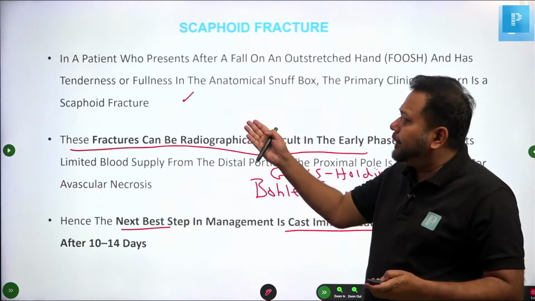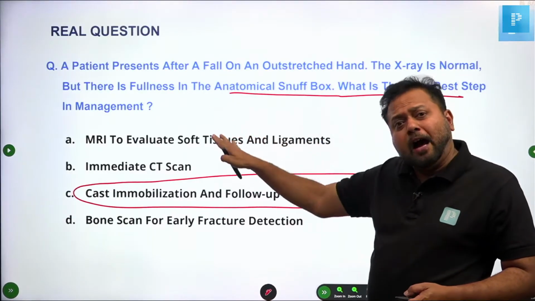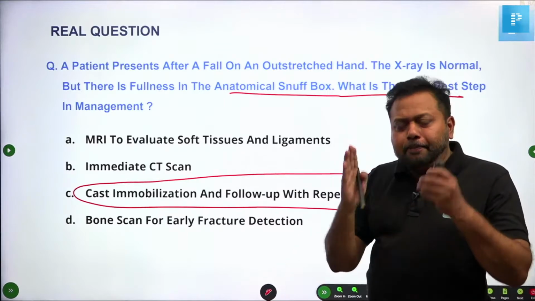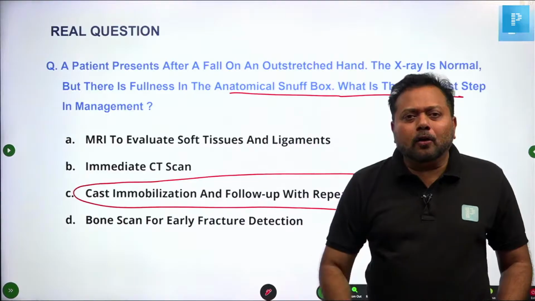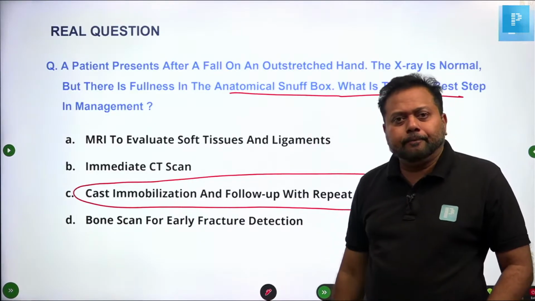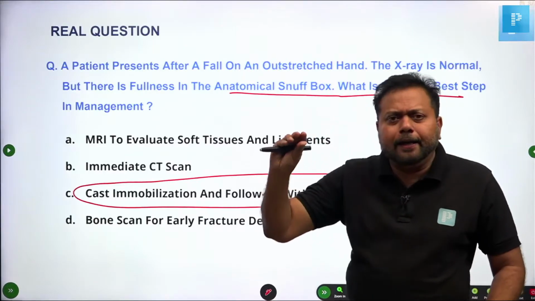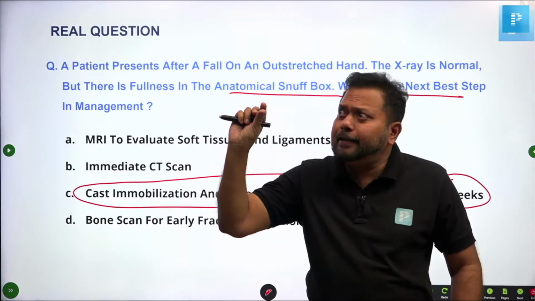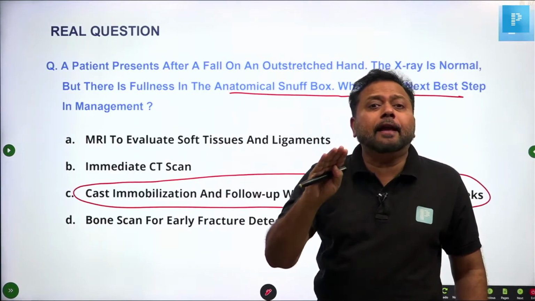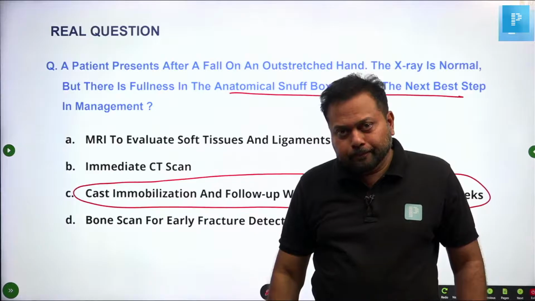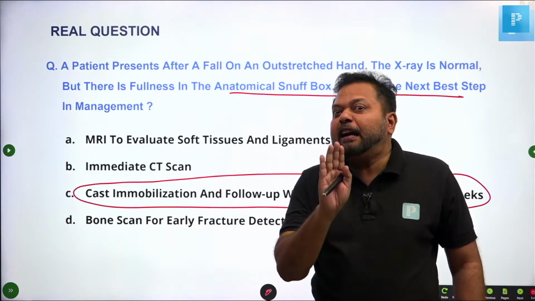It's a very, very practical question in INI-CET and NEET PG, thrice repeated. Same question, almost same choices. Because in practice, this is the thing we encounter daily. I can't order an MRI which costs 6,000 rupees. If it is not clearly seen on X-ray, you are not able to visualize even in a digital X-ray, it is guaranteed that it is not a displaced fracture. If at all, it is only an occult fracture.